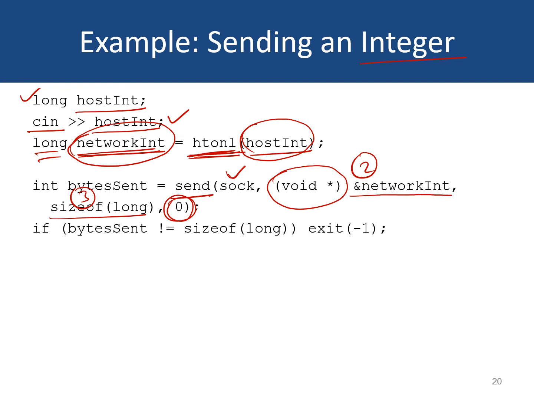The return value of the send function will tell us how many bytes were transmitted or sent. So finally, we compare whether the number of bytes that were sent is the same as the size of the long integer which we were intending to send. If these two are the same, then no problem, the integer has been sent. If not, if there is a difference between the number of bytes that were actually sent and the size of the long, then there has been an error in sending, so we abort the program. Note that these kinds of errors are quite unlikely while sending the messages.